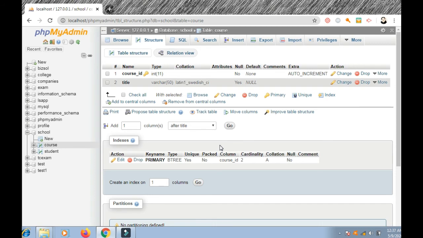And we should delete this student ID from here. Okay, we should delete it. We should delete this record. Okay, this is duplication. We should delete this record also. This record, it is duplication, first thing. And we should go to structure, and we should drop this, drop. Okay, drop student ID.